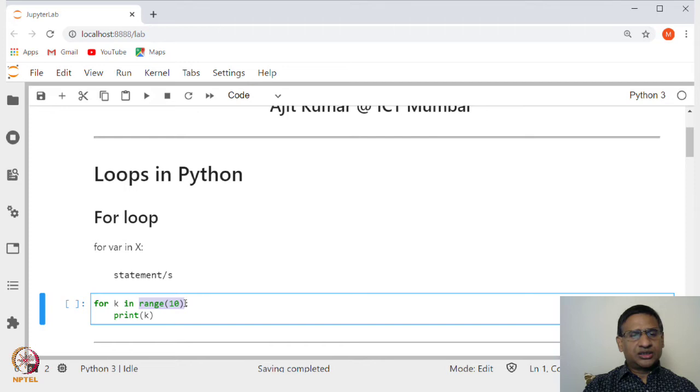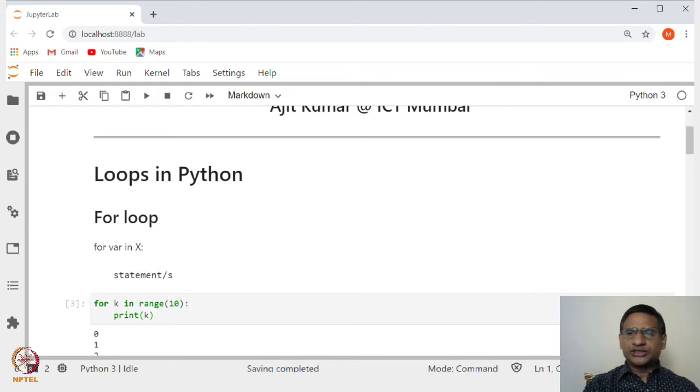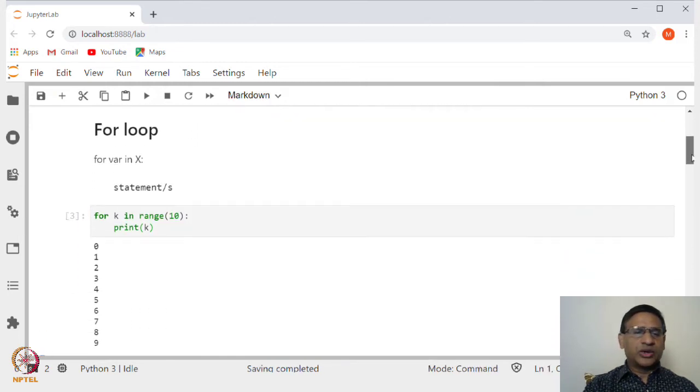It is a list, so for each k it will print that element. First it will print 0, then 1, then 2 and so on, one in each line.